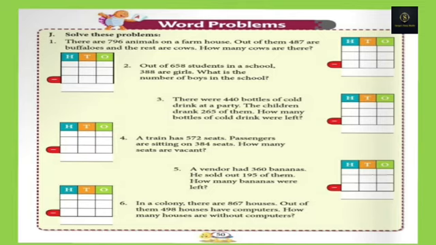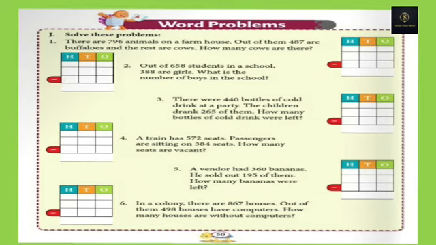And which is the next number in the question? 388. But what is 388? Number of girls in a school. So our second statement will be number of girls in a school. That is 388. And now what we have to find out? Yes, number of boys in a school. So our third statement will be number of boys in a school. After subtracting, you have to write the final statement.